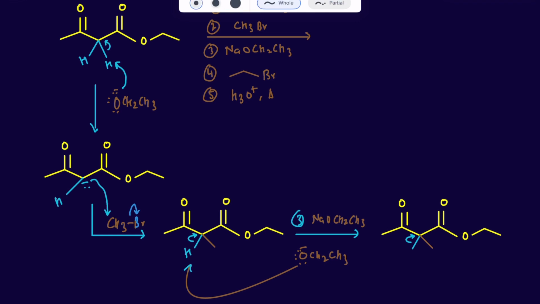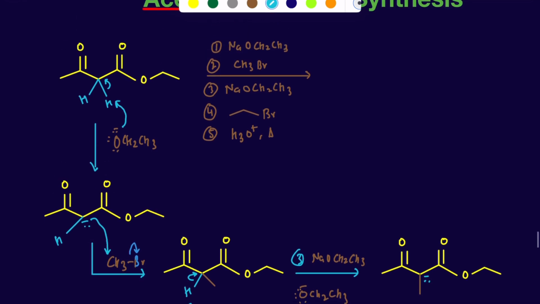It already had a methyl installed. Now I get a negative charge, another enolate created, and then in the next step, I'll have